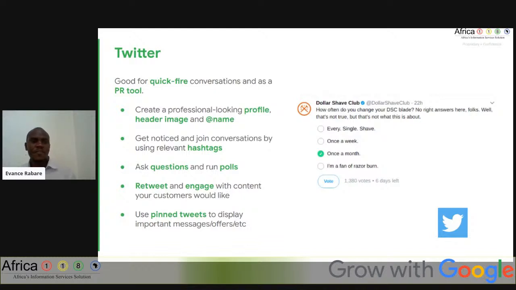You can create a professional looking image on Twitter. With Twitter, you can get noticed and you can also join conversations using hashtags. So when it comes to Twitter, ask KOT. KOT will help, we will help you know which hashtags are trending. Also with Twitter, you can ask